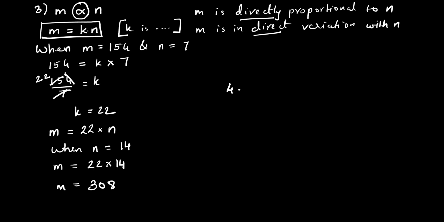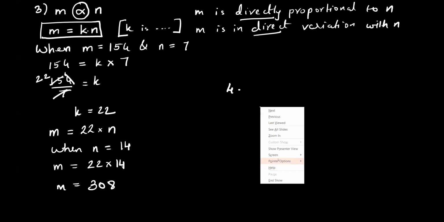Okay. Ashish Gupta. Next sum, fifth sum. Can you read? Y varies directly as square root of x. When x is equal to 16, sorry, y is equal to 24. Wait, 1 second. They are telling us y varies. Are they using the word direct or some other word? Directly, sir.